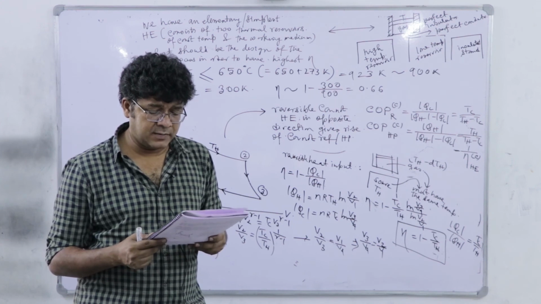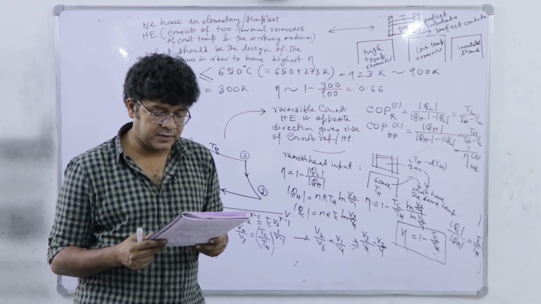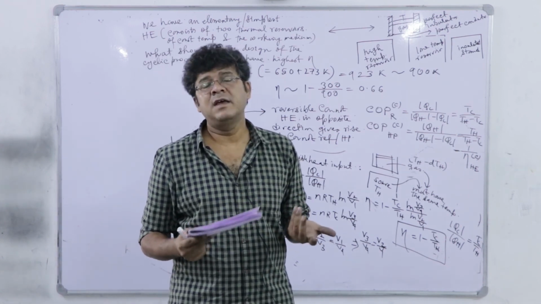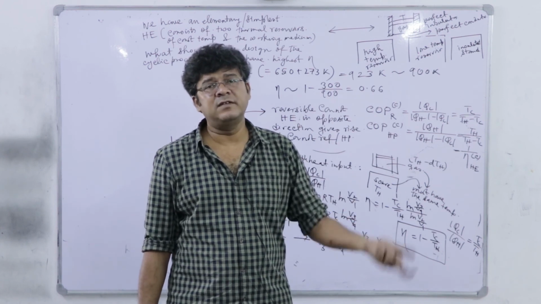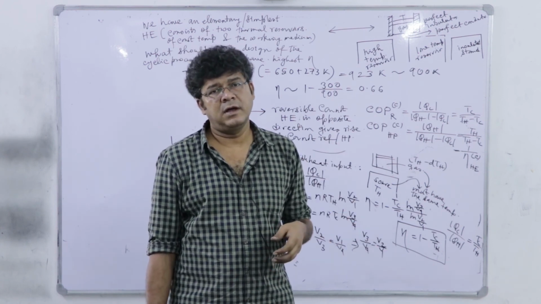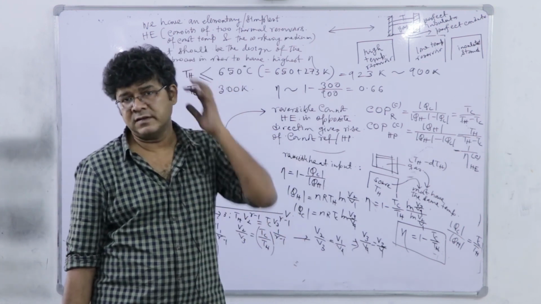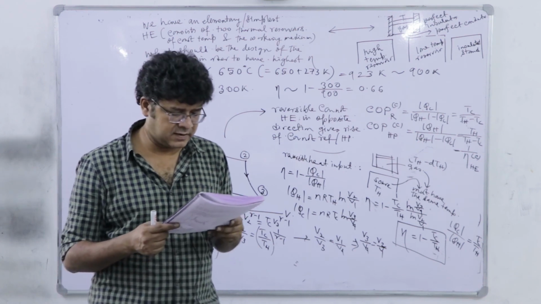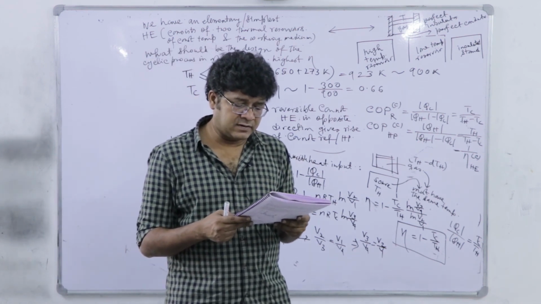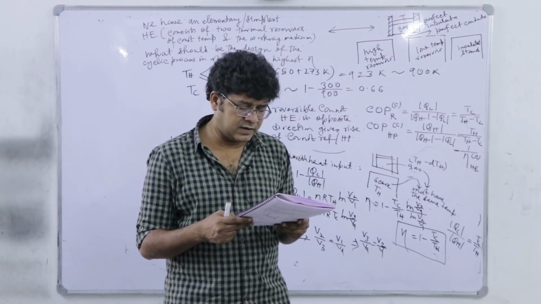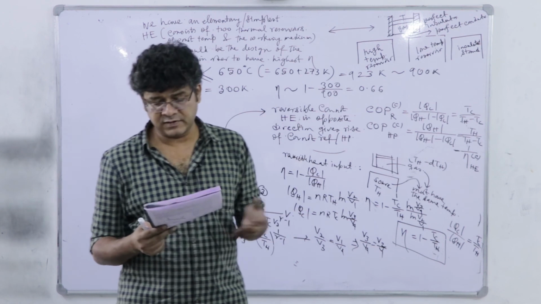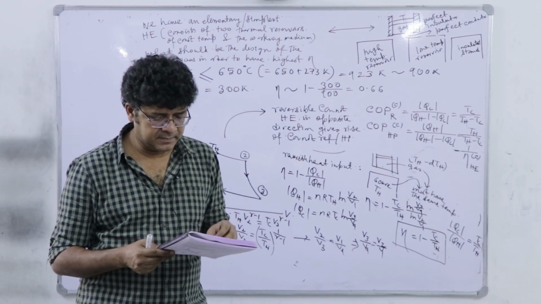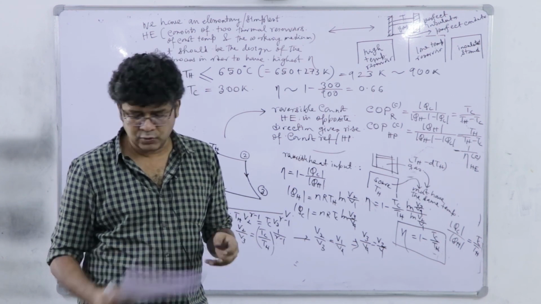Carnot theorem 1: no heat engine operating between two given thermal reservoirs with fixed temperature can be more efficient than a reversible engine operating between the same reservoirs. We have seen that there is no other feasibility of proposing any alternative process than the Carnot cycle if I have to implement the reversible cycle. And Carnot theorem 2: all reversible engines operating between the same two given thermal reservoirs with fixed temperature have the same efficiency, as we have seen. So these two, Carnot theorem 1 and Carnot theorem 2, are basically equivalent statements.